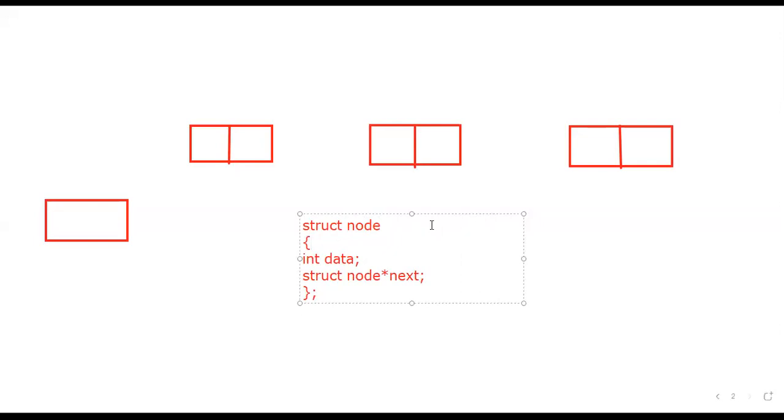For a double linked list, it will be different. It will vary a little bit. After that, this is the syntax of the structure, ending with a semicolon. After writing this code, the compiler will automatically understand that it will create a node like this. The first box, it will create.